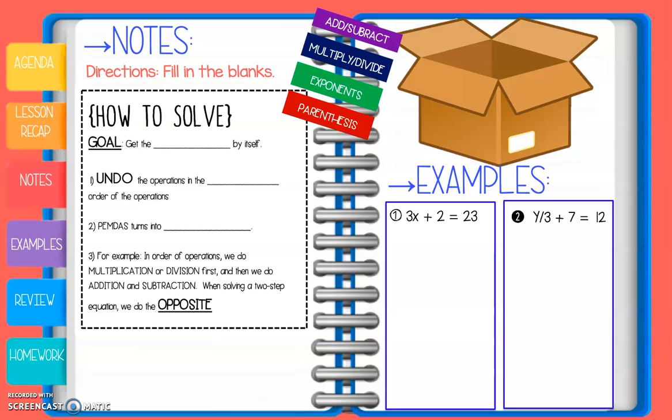All right, guys, today in class we talked about solving two-step equations. There's a very systematic way that we're going to be solving our two-step equations. Just like our one-step equations, the goal is still to get that variable by itself. So we're still doing everything we can to isolate the variable so we can figure out what it is equal